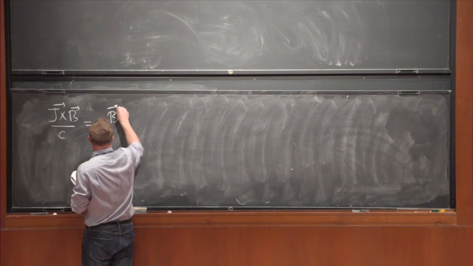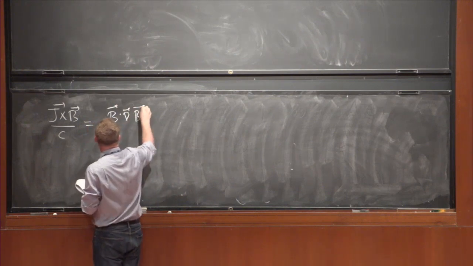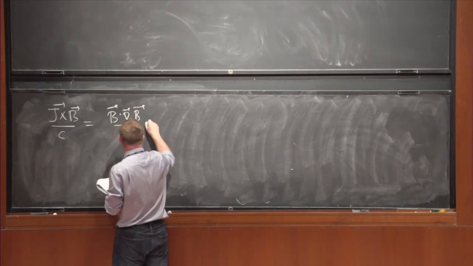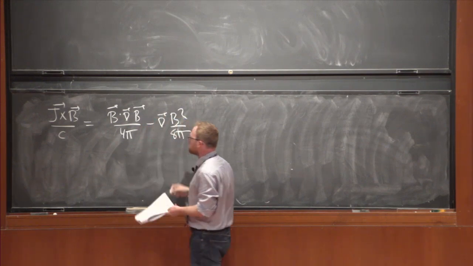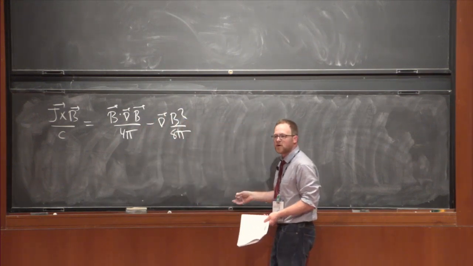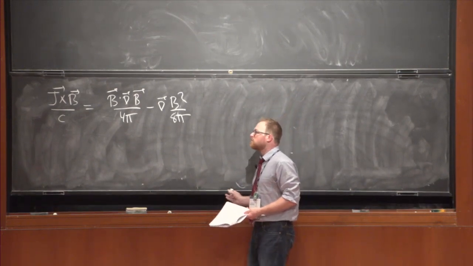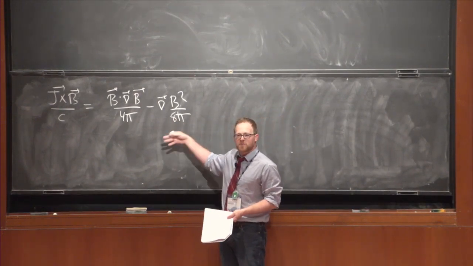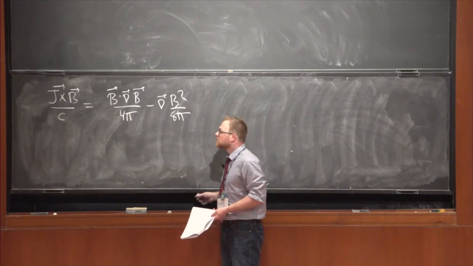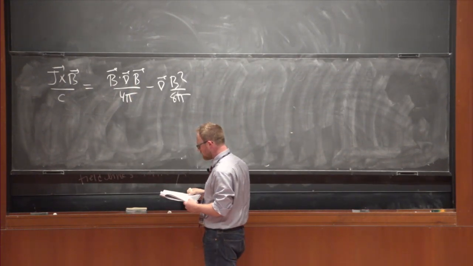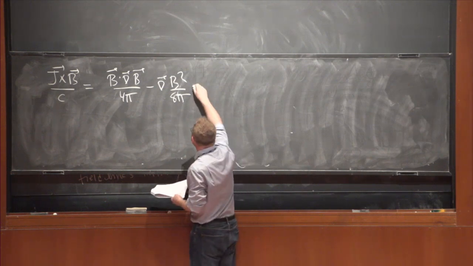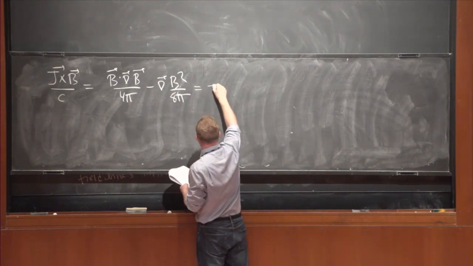So I had showed you by virtue of vector calculus that the Lorentz force splits into two parts. One looks like a pressure, which goes in with the thermal pressure and the momentum equation. And then there's this other term with a bunch of vectors. You can rewrite this in a handy way.